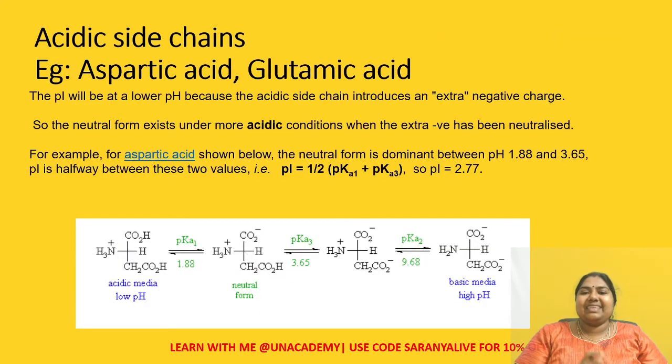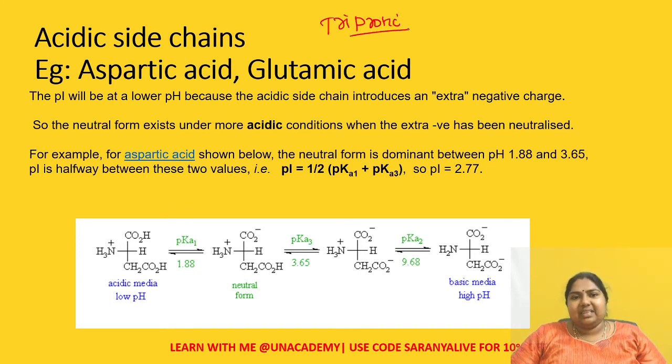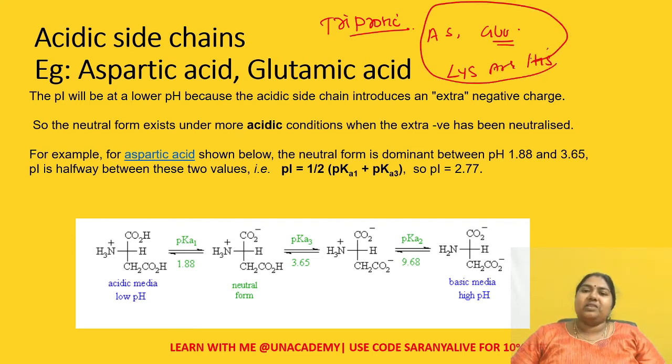Now let us see what happens in the case of the triprotic amino acids, especially glutamic acid, aspartic acid, lysine, arginine, and histidine. For these 5, this rule is applicable. The simplest clue I have made is that here you have 3 pKa. Last time you had only 2, isn't it? So now you have 3 pKa, let it be 3 or 4, anything. You have to go and check the values.